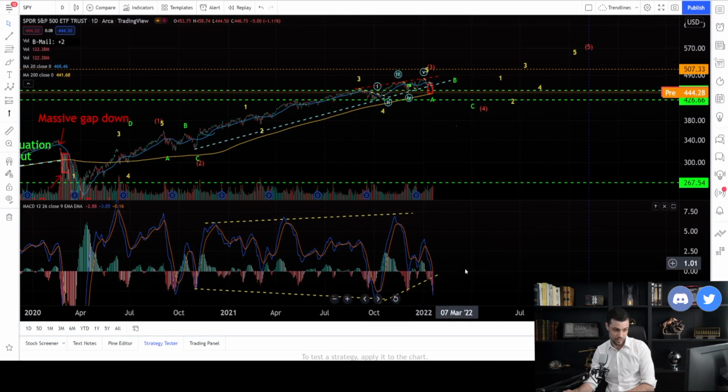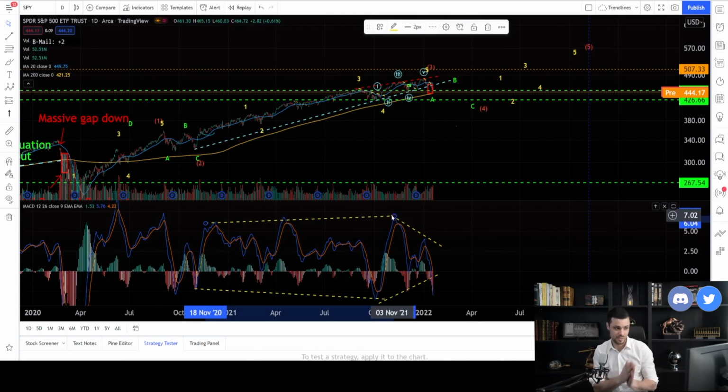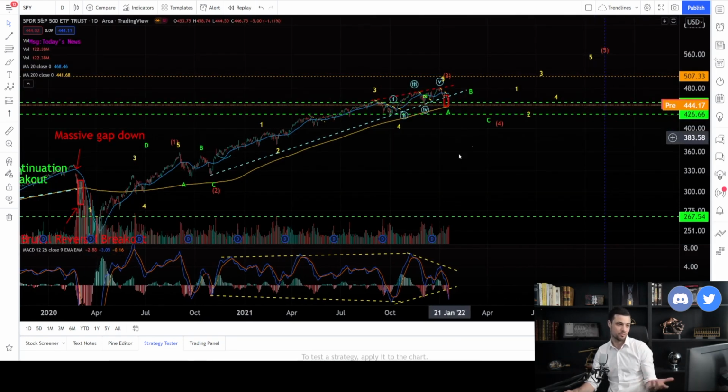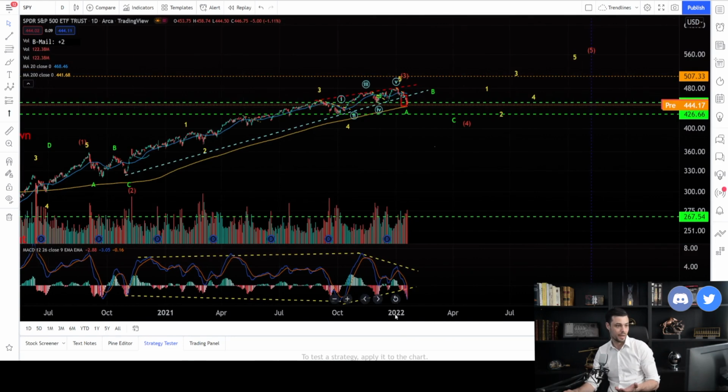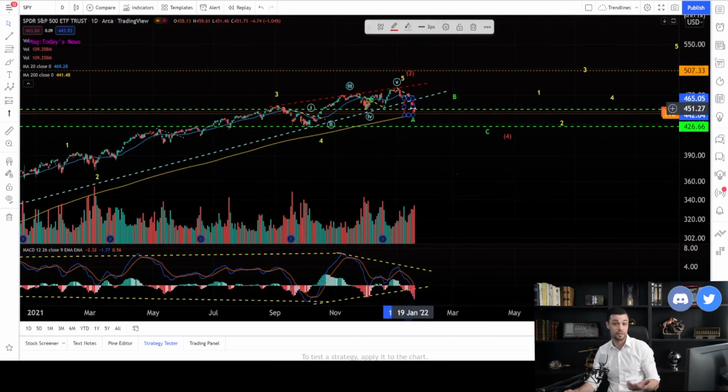So once again, you can see here the MACD was making a mega front pattern, and then suddenly it converges. So this is a momentum bearish signal. Momentum bearish signal, breakout, and Elliott wave suggesting that we might be done with the third wave. So I have a lot of information, and the rates are increasing.